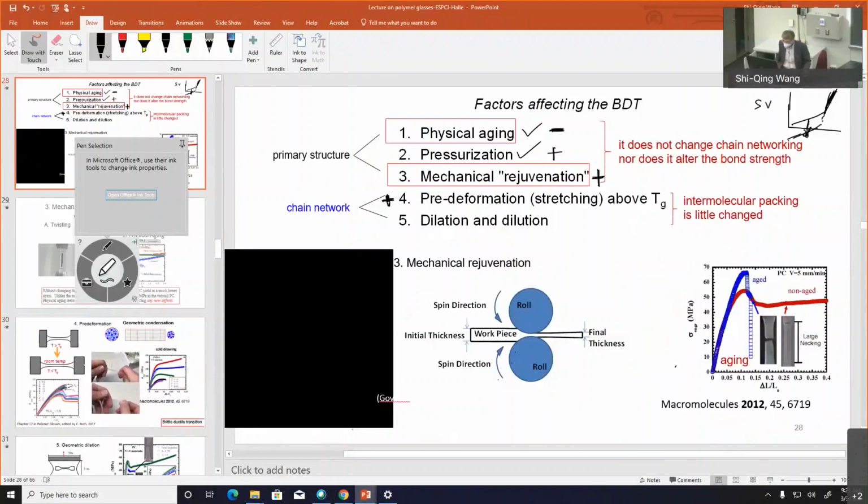Well, keep in mind, there are two sides of the story. So if this is my original network, I draw it so that it becomes